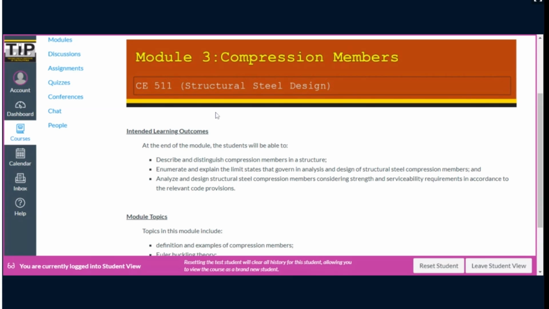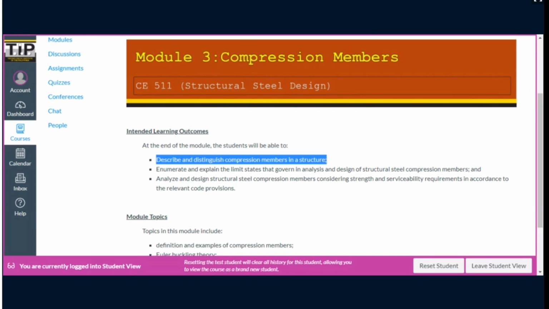Tension members. So this time we will now discuss how to analyze and design what we call compression members. Okay, so here are the intended learning outcomes for this module. So at the end of the module, the students will be able to describe and distinguish compression members